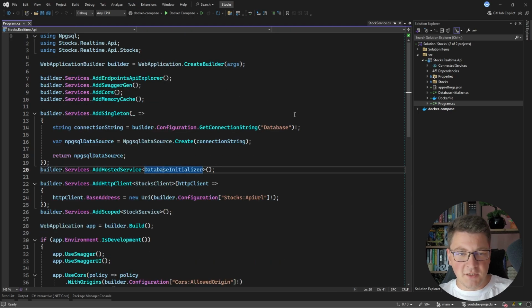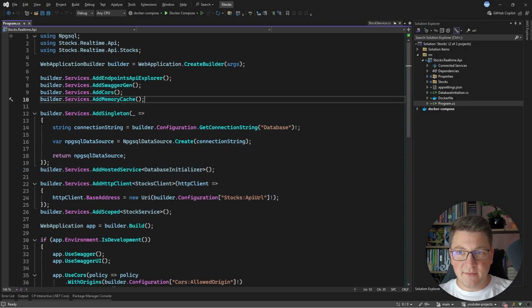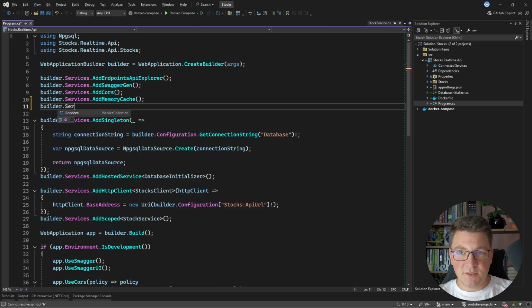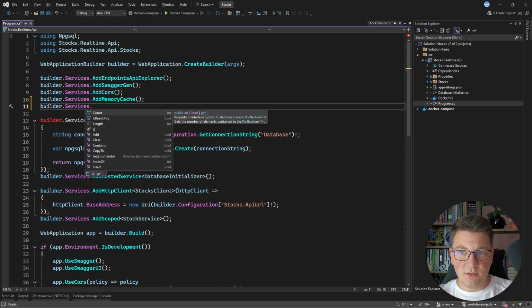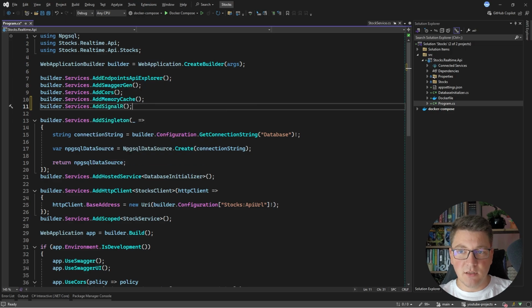We're not going to be paying too much attention to that. And now let's focus on the real-time component that is going to use SignalR. So let's go ahead and include the required services into our dependency injection container, and we have to call builder.Services.AddSignalR. If you are running .NET 8, this is already available, so you don't have to install any